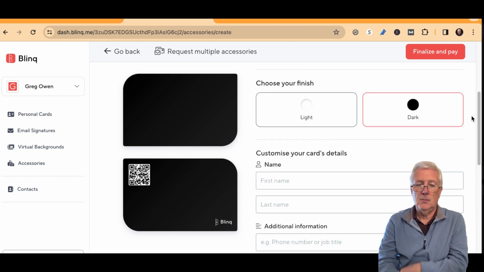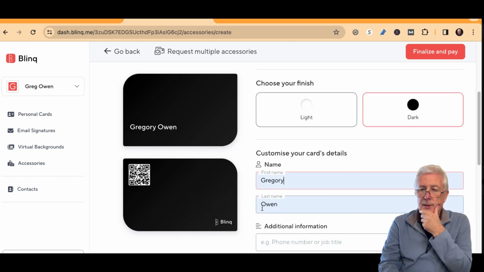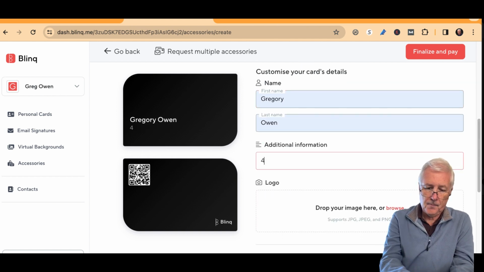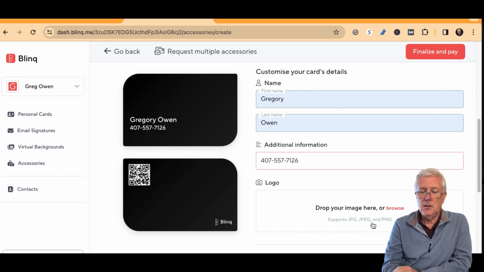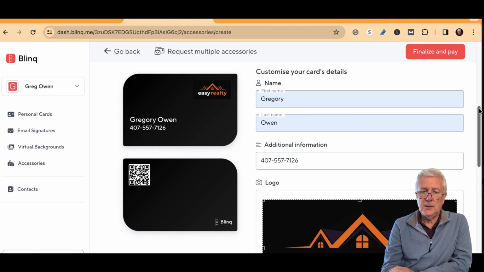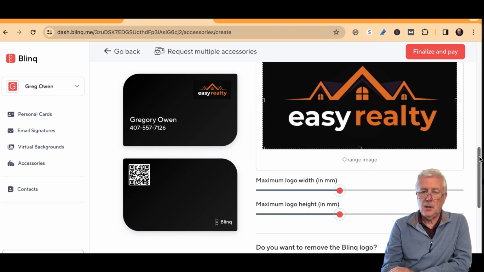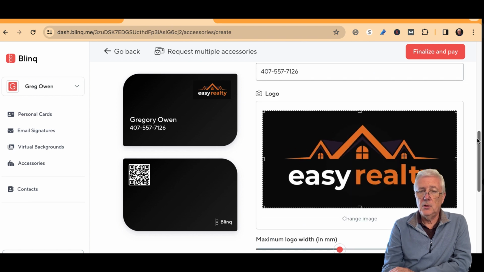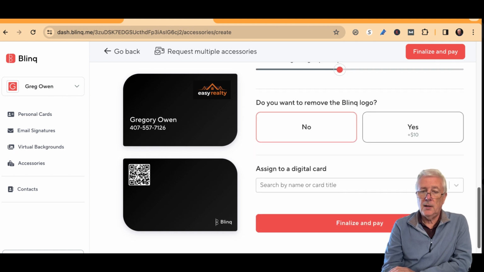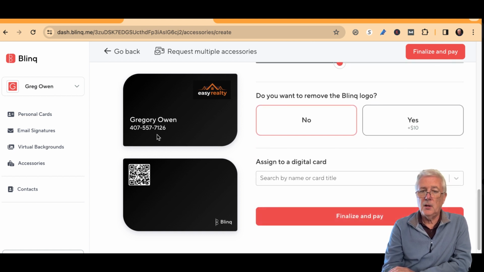So let's add my name on here, let's add the phone number here, and let's also add a logo. So we'll go back up here and collect our logo and insert it up here. Now at this point we can simply download our card just to verify it's correct. Click finalize and pay. If you want to remove the logo, you can do it for an extra $10, but